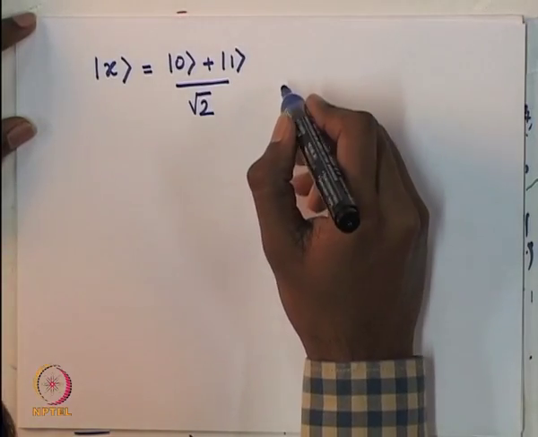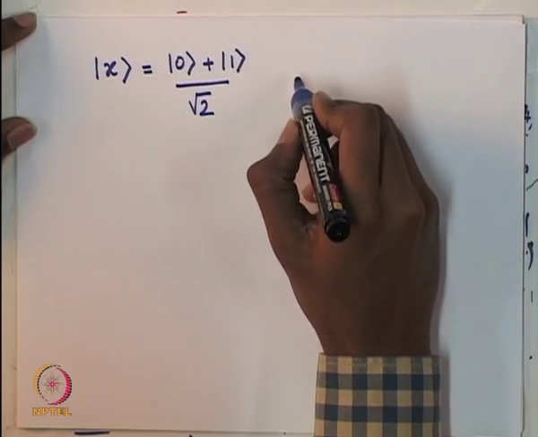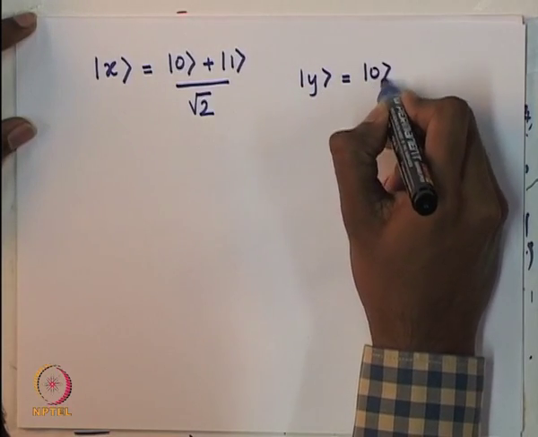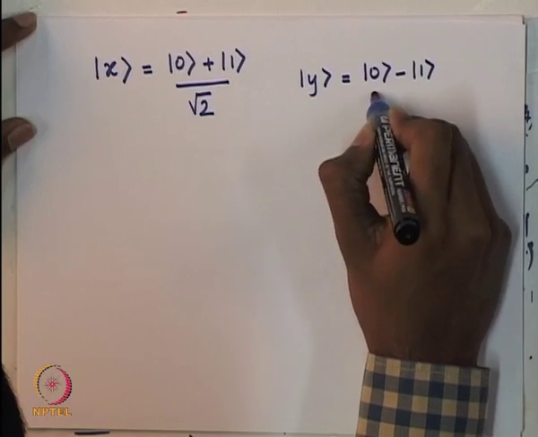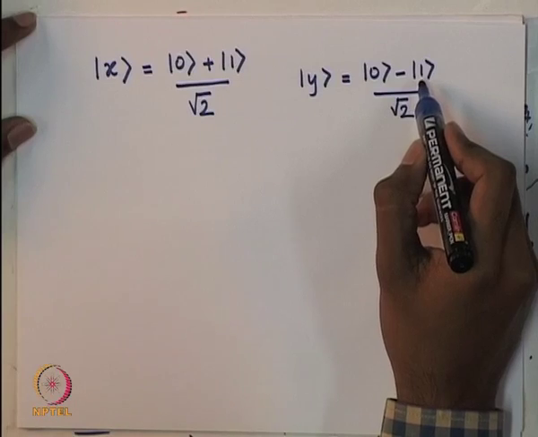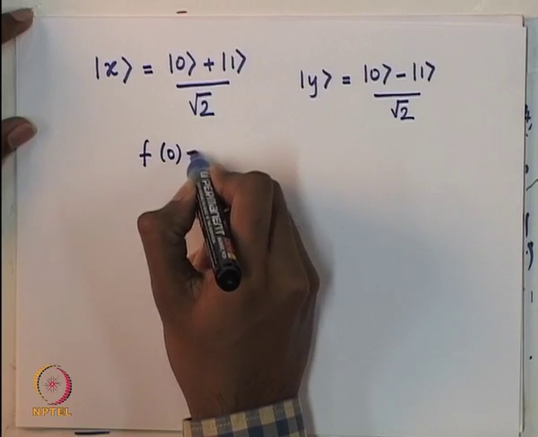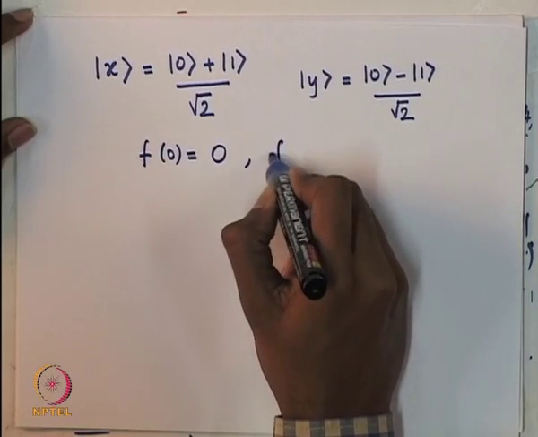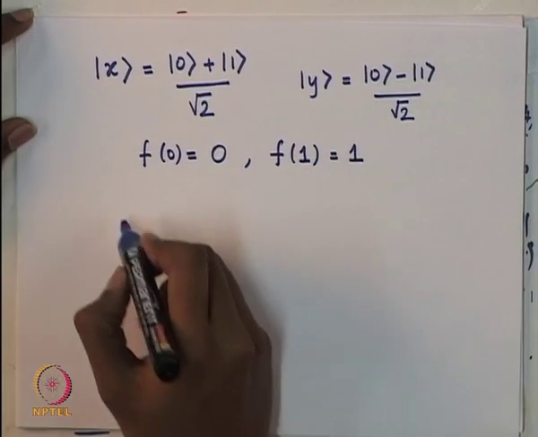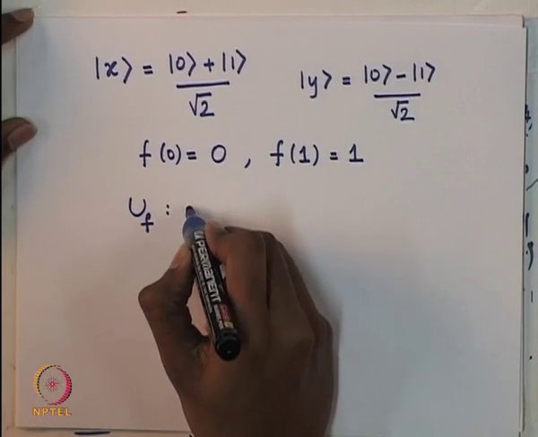In the question it is given that qubit x is a combination of qubit 0 and qubit 1, and qubit y is given as a combination of qubit 0 and qubit 1. And it is also given that f of 0 is 0 and f of 1 is 1. And the oracle is defined as